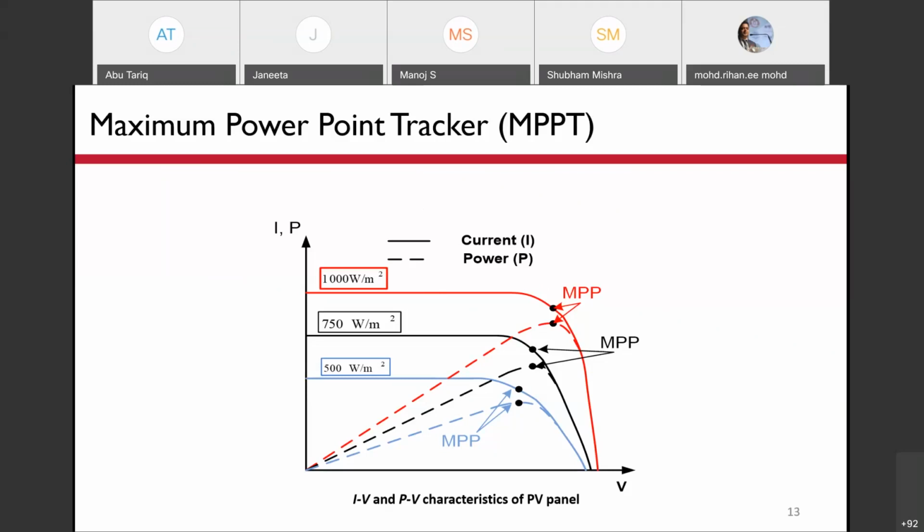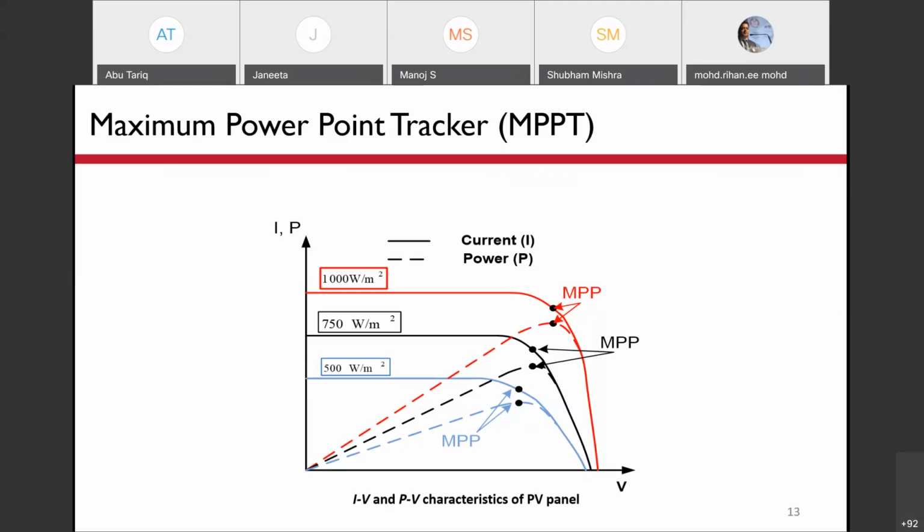And each module has its own maximum power point. It may be possible that different modules have slightly different characteristics and different maximum power points. When we make an array, we can only fix one current and one voltage for it. So the current drawn from all the modules will be the same.